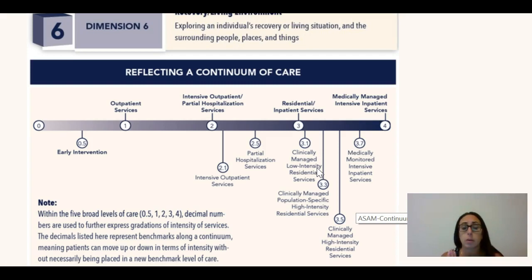But again, and I want to reiterate this, this continuum of care and the ASAM criteria dictates, based off of your diagnosis and your assessment and the history of the individual as it relates to their attempts at treatment or their attempts at sobriety, again, how they define sobriety, it starts with the lowest level of care and moves to the greatest level of care.